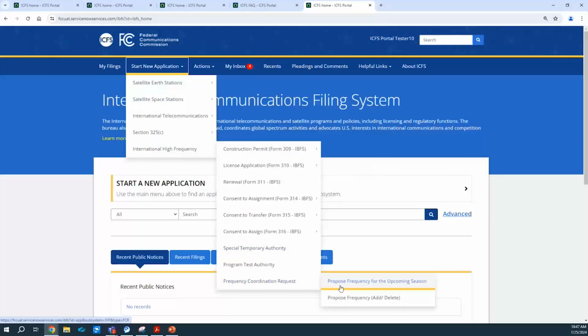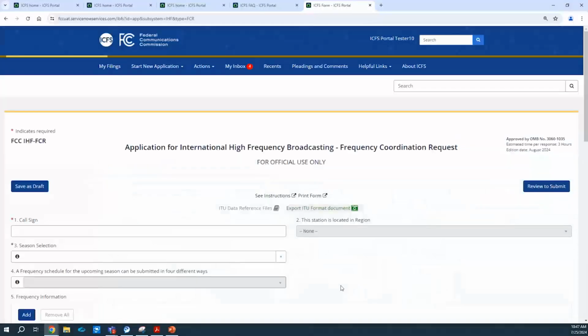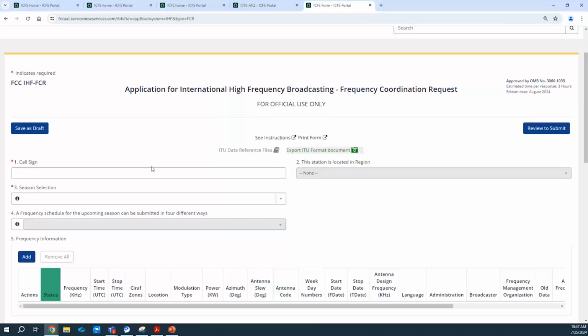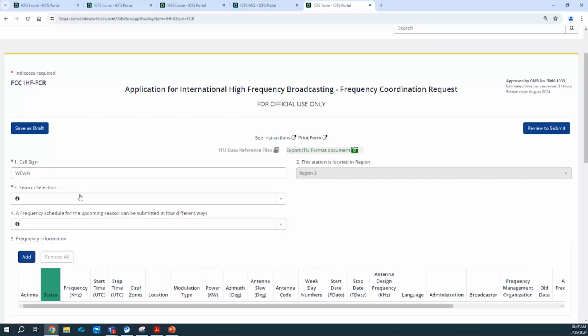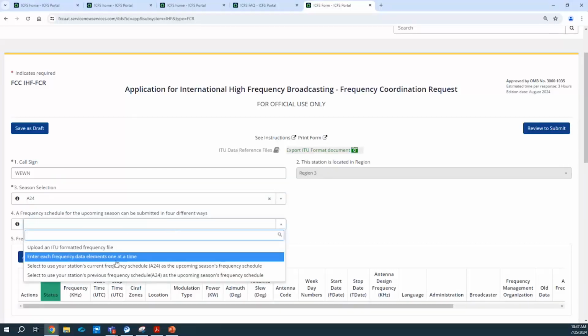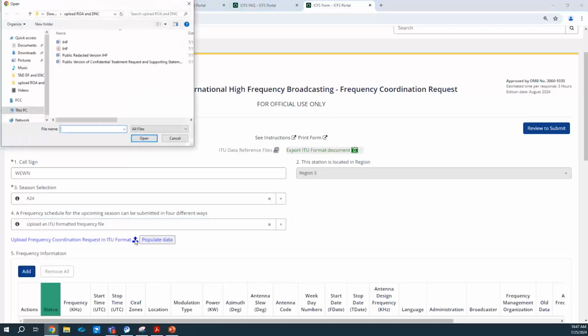If applicants would like to upload the file, they will also go to the proposed frequency schedule. To upload the file, they will click on this sign